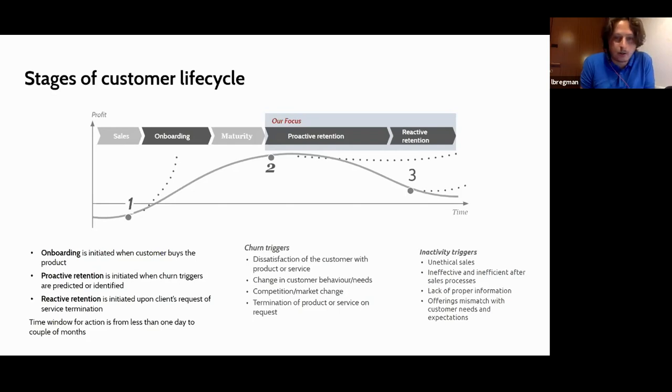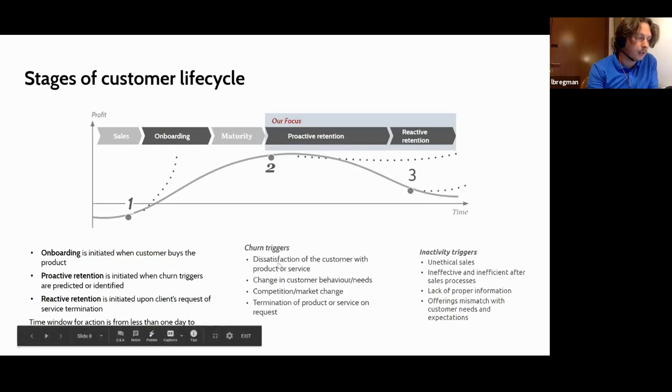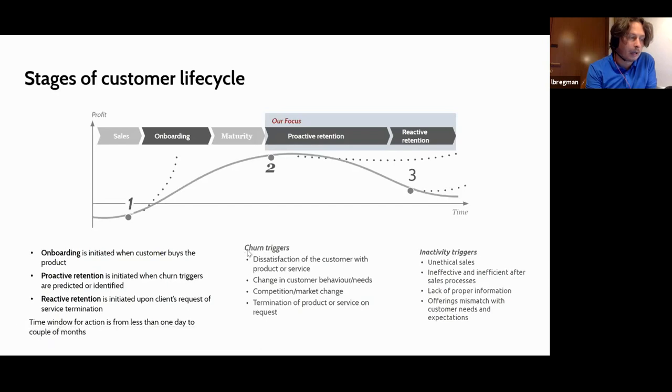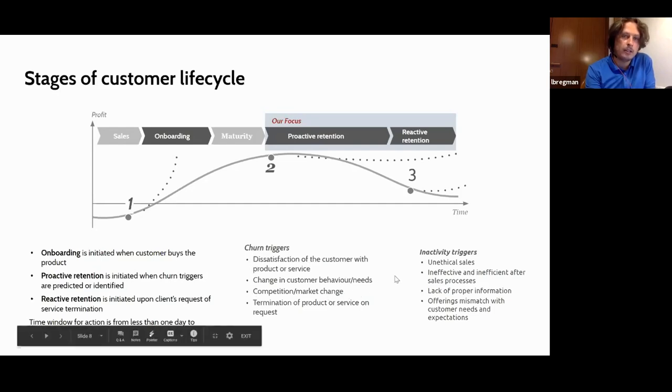So what can actually be churn triggers, the things which we are going to identify with the churn analysis? First, you're trying to identify the dissatisfaction with the product or service. You can try to identify the change of the customer behavior or needs.